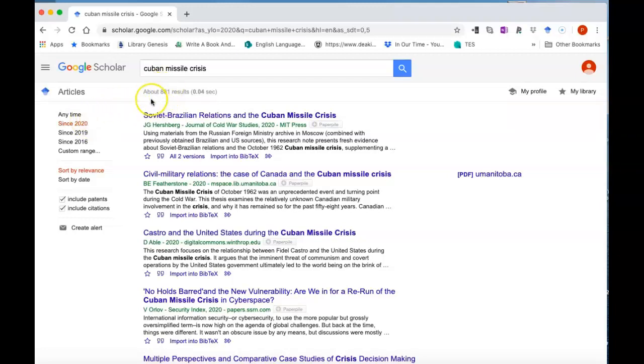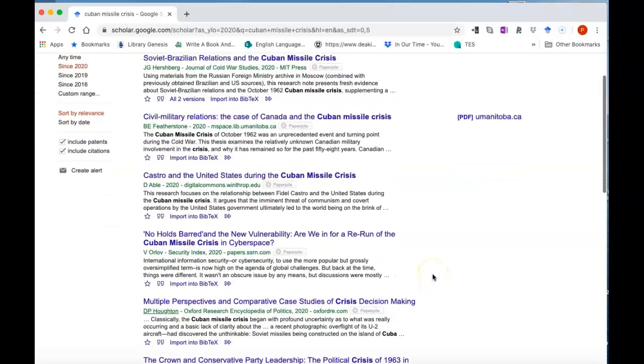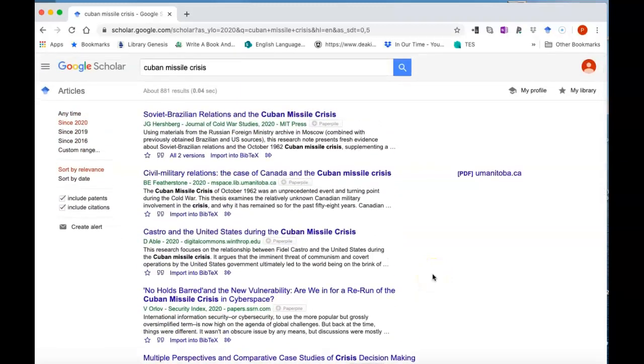And immediately you'll see I've gone down to 881 results. And it means that I'm really getting the latest research into the Cuban Missile Crisis. There are other tools that you can use here for sorting dates,